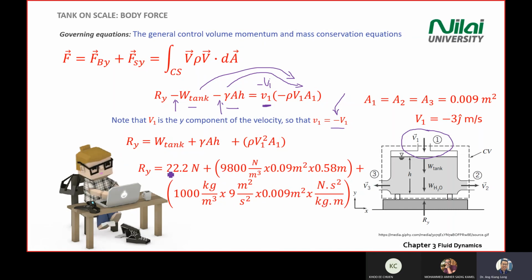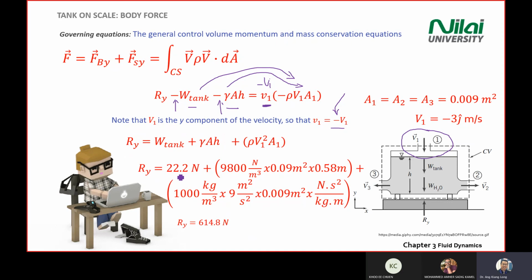So in the exam, the substitution of numbers also counts for some marks there. Sometimes in the lecture slides I won't show you this one, but in your task or final exam answer, you need to include the substitution of numbers, and then you calculate. So just as a reference for your revision, the answer for Ry will be around 614.8 Newton. So we get our Ry after we substitute all the values over there. Again, in this case, the question gives you convenient